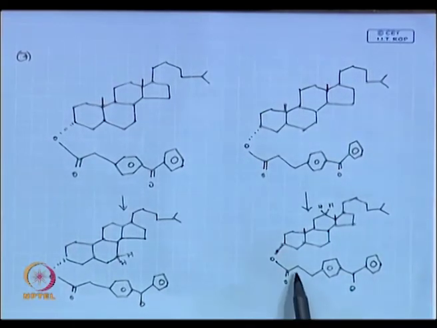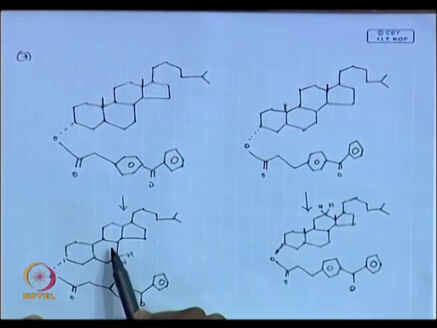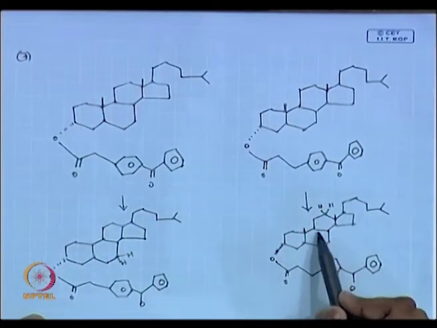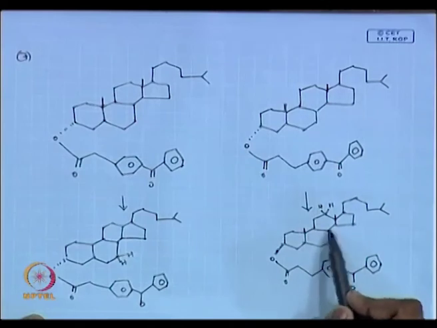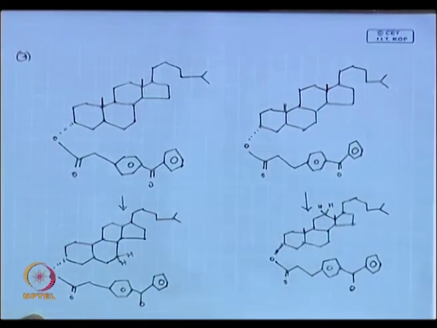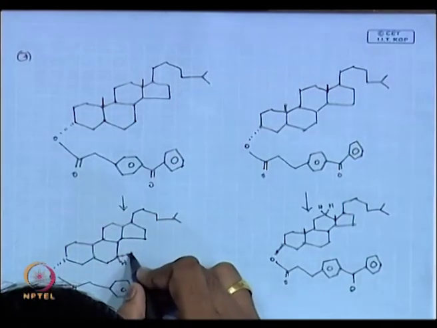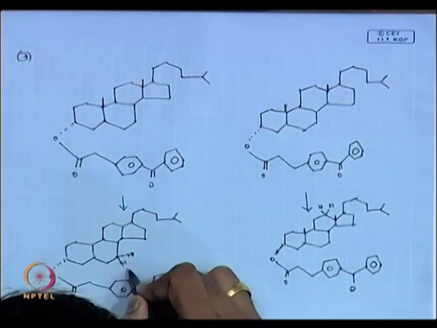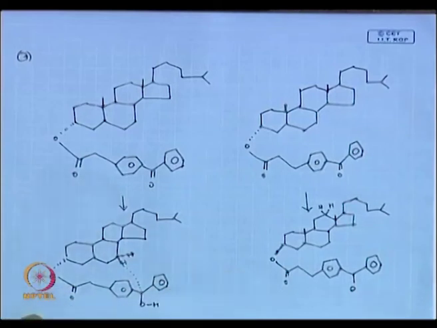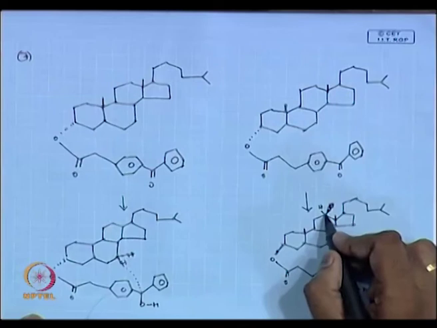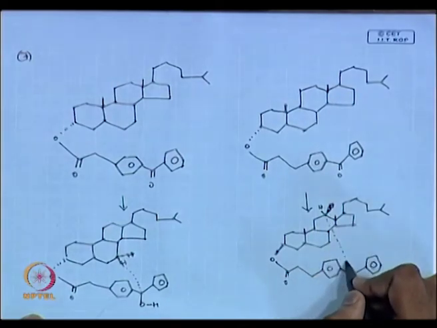See, I have only increased 1 carbon, and you can see the proximity completely changes. For this, it is your B ring, for this it is your C ring. So, if I want to write, then I can say that I am just removing the hydrogen, so the bond will be made here. In this case, it will be OH. I can remove this hydrogen, and I can say the bond is made here.